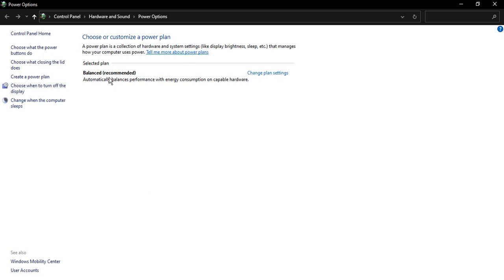Now here you need to select the plan. If in your case you are getting a high performance or ultra high performance plan available as well, just select that particular plan and you should be good to go. But if in your case it is just showing the balanced plan that is recommended, as in my case,